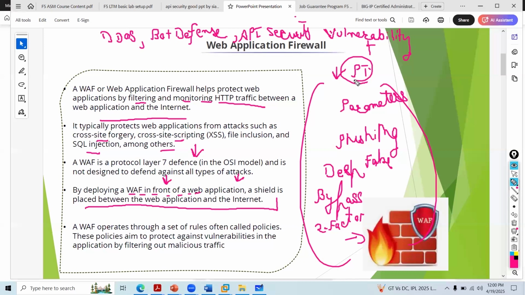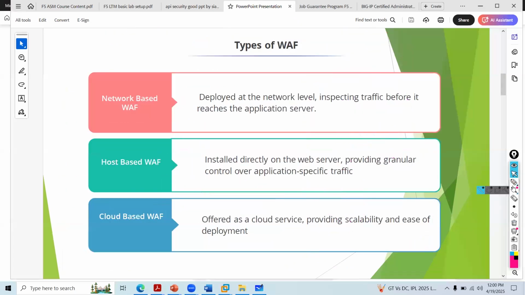That is called vulnerability. Now, when I talk about policies or differences between that, I'll talk about the three layers of WAF we have. One is called network layer, host-based, and cloud-based WAF. So generally, when I talk about network-based,